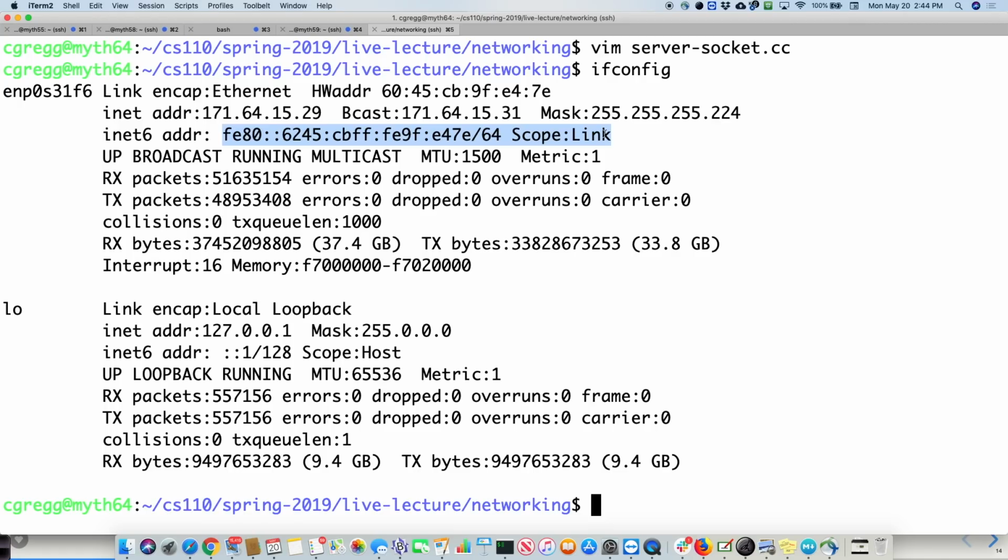When somebody from the rest of the world wants to talk to you, they can ask for a particular port of yours that one of your programs is listening on. So maybe we want to SSH into myth. That's port 22. So we go look at the IP address, and then we look at port 22, and that gives us an SSH connection. If we look for port 80, that gives us a web connection. If we look for port 443, that's a mail connection or something like that. So that's what the port is.